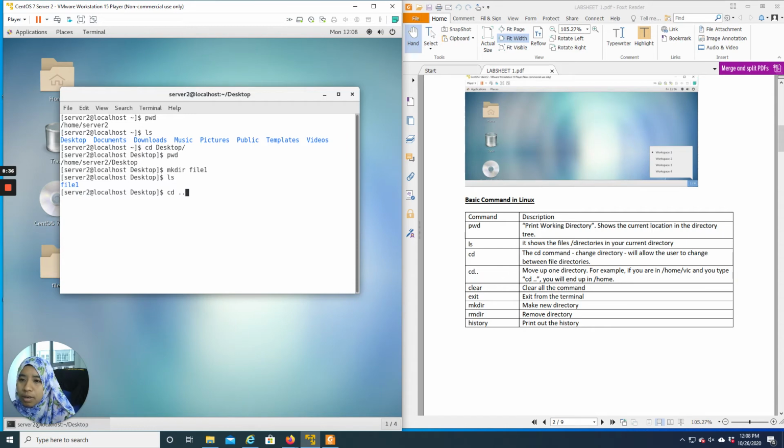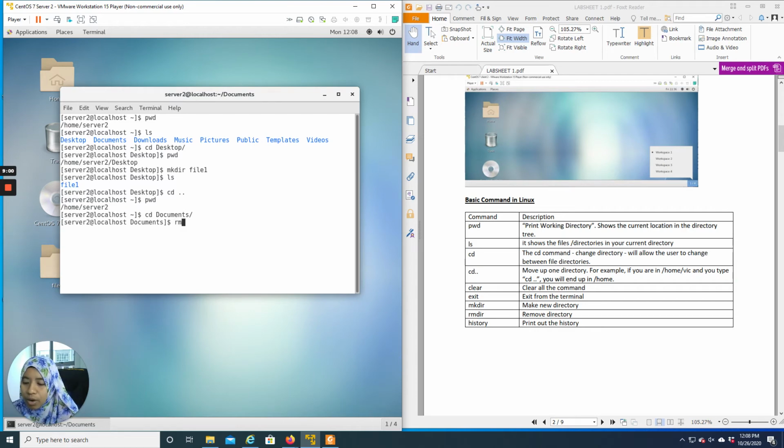For example, you put your file 1 inside the desktop. Previously, you go to your home again, and then you go to documents. Your file 1 is located in the desktop, but right now you are in the documents. You want to remove file 1, can you or not?